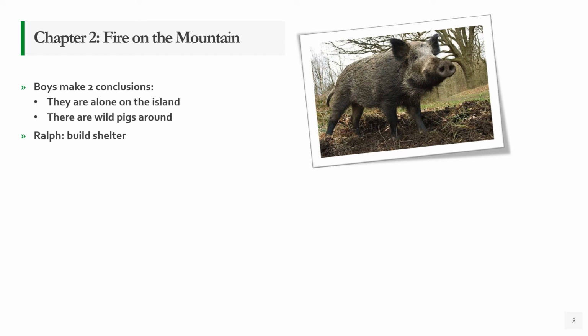Ralph is given the more passive responsibility here, the more nurturing responsibility, providing shelter, providing something that is of comfort to the other boys. Jack is given the more male-dominant way of doing things. He is put in charge of hunting. Jack is the oldest. He seems to be a little bit more ambitious. Perhaps he'll do a better job of hunting than Ralph will. So Jack is put in charge of hunting for food, and he and a group of boys, primarily the boys' choir, are all banded together as hunters.